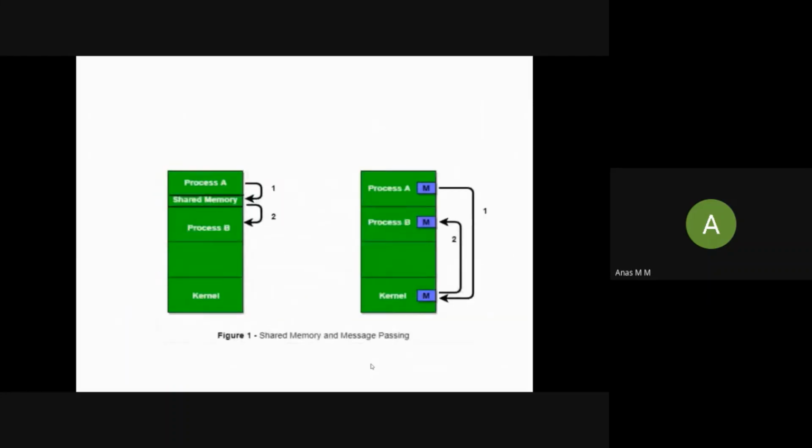So this was a block diagram. The first one is about shared memory interprocess communication. The second one, message passing interprocess communication. These are the various functions that we use in shared memory interprocess communication. shmget is used to get the key, size, and various flags of a shared memory.